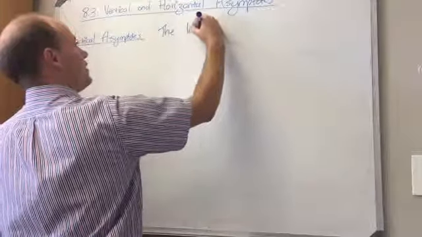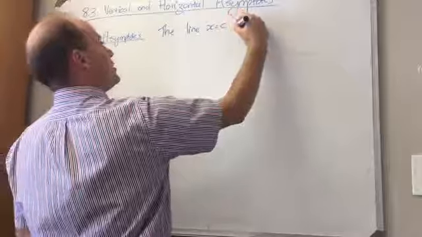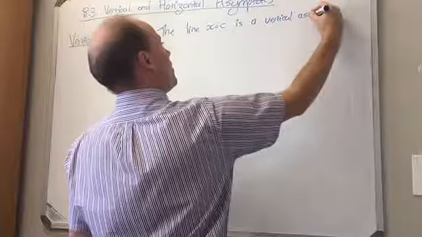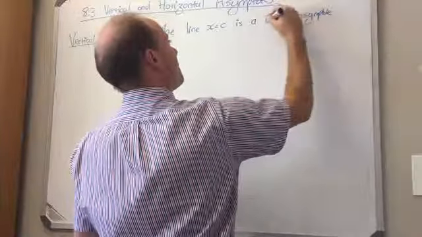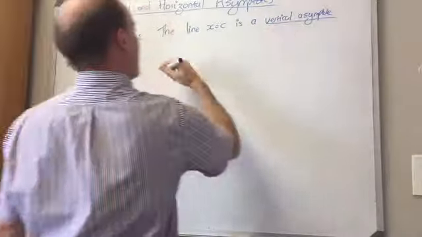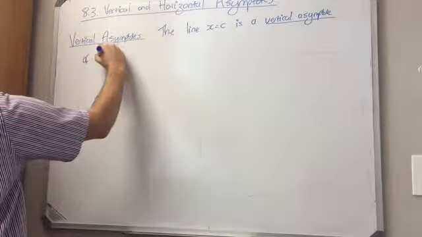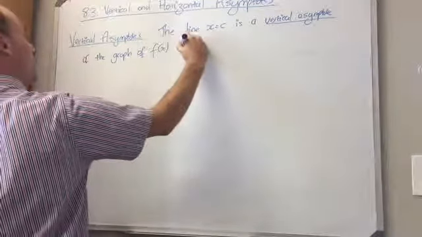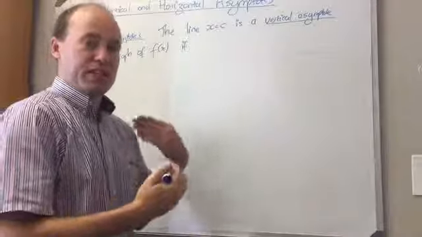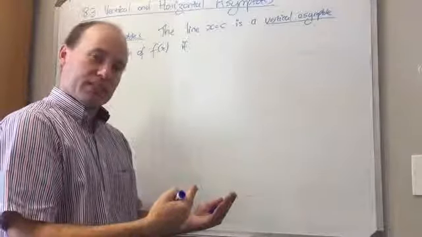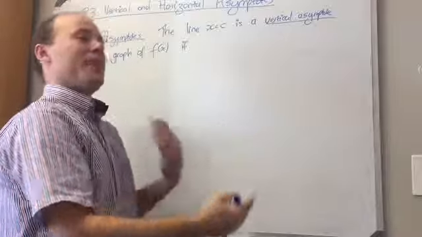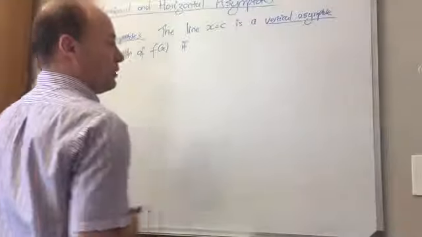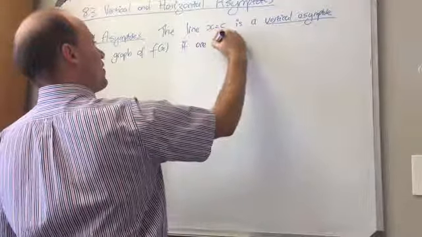So we say that the line x equals c is a vertical asymptote of your graph if, as you approach c from the left or from the right, the graph tends towards plus or minus infinity. So that's basically four possibilities, and maybe I'll put them all down. If one of the following holds,